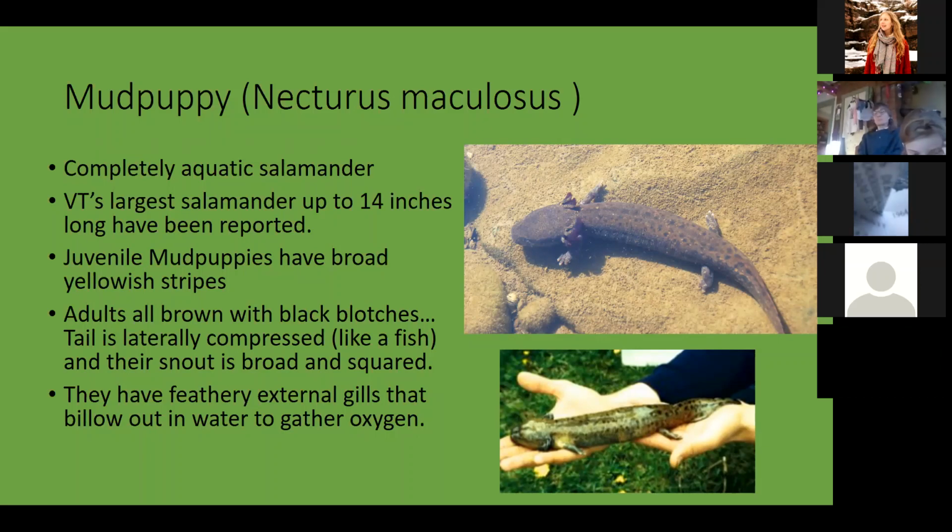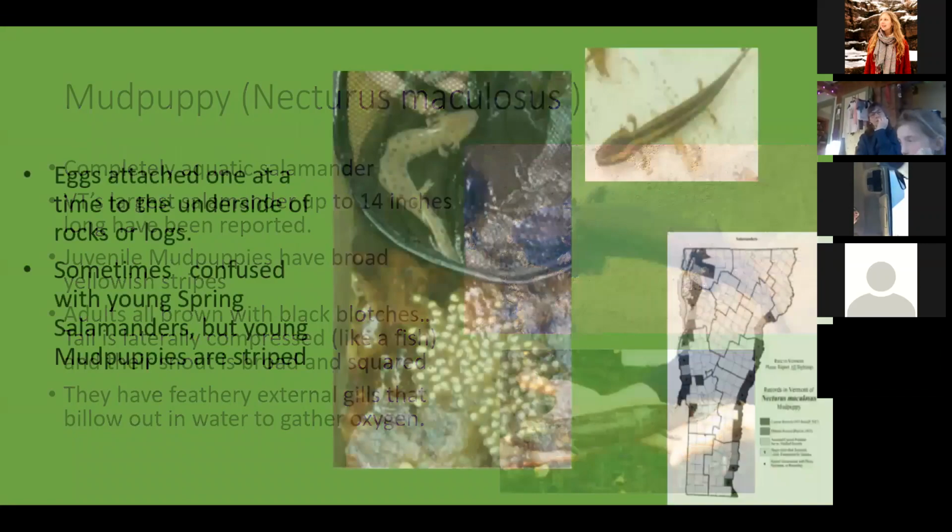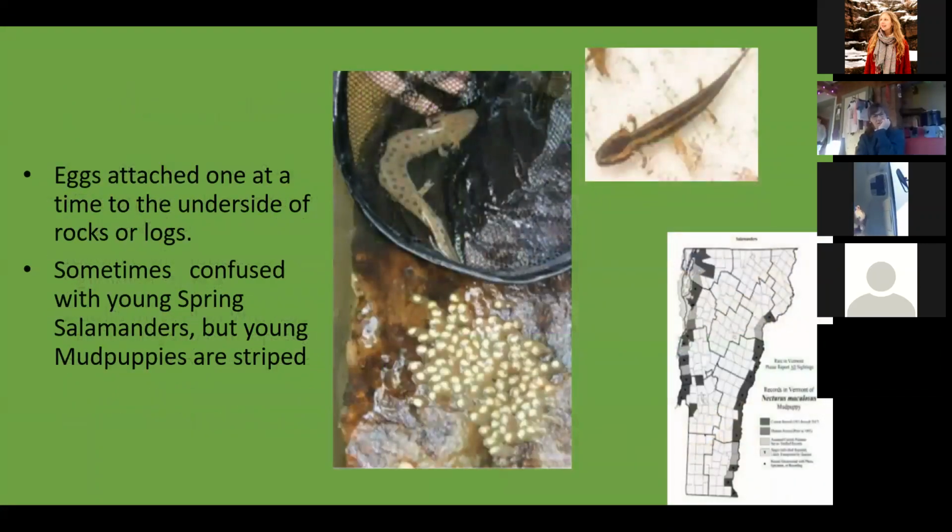They're Vermont's largest salamander. Like you can see in that photo with that person's hands, they are huge, and they have those external gills. They usually live at depth, up to 60 feet in Lake Champlain, and they live in the Connecticut River as well. They attach their eggs one at a time to the underside of rocks and logs, similar